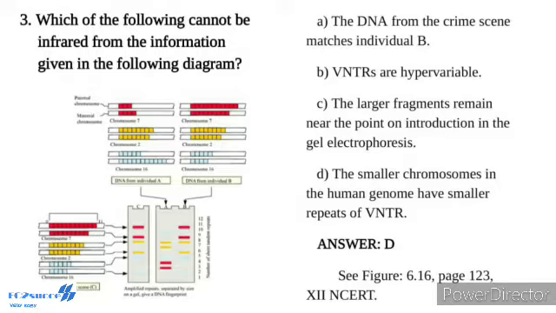The two alleles, paternal and maternal, of a chromosome also contain different copy numbers of VNTR. It is clear that the banding pattern of DNA from the crime scene matches with individual B and not with A. So DNA fingerprinting involves identifying differences in some specific regions in DNA sequence that are called repetitive DNA, because in these sequences, a small stretch of DNA is repeated many times.